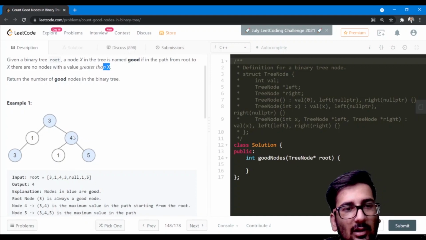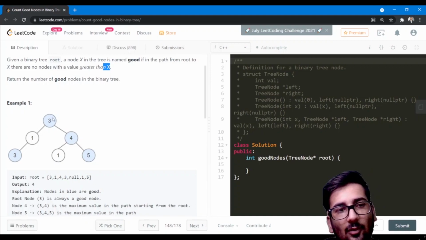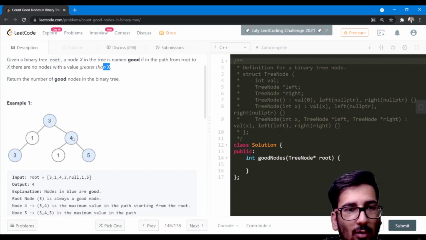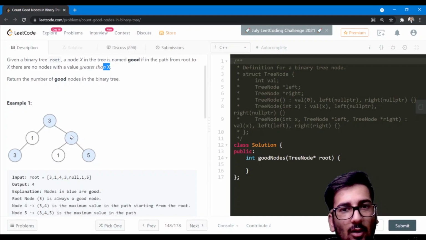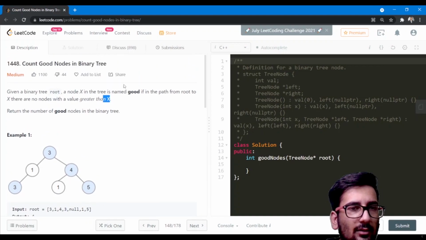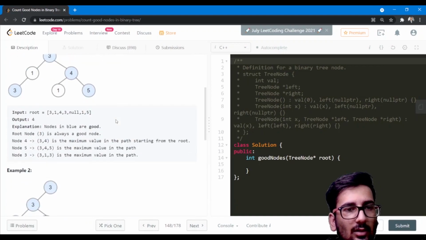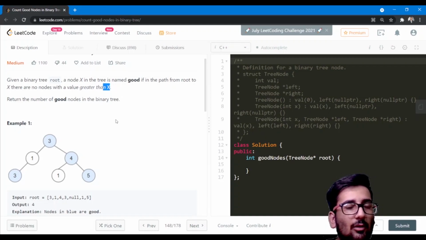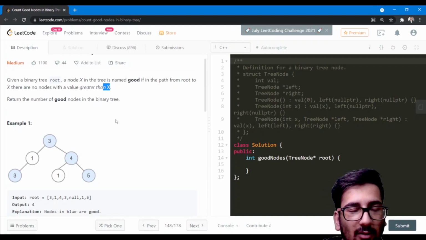Okay, for example, this 4 is a good node because from the root to that node in the path every other node is either smaller or equal. Similarly 5, all other nodes are smaller than 5 in the path from the root to that node, as described in the description. So now the question is how we are going to approach this problem.